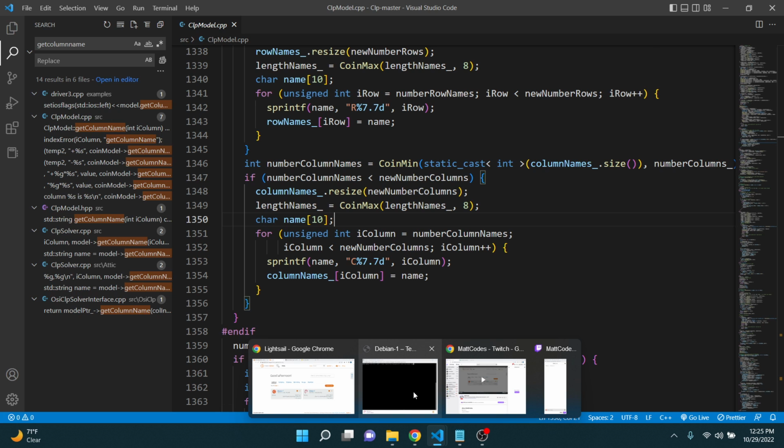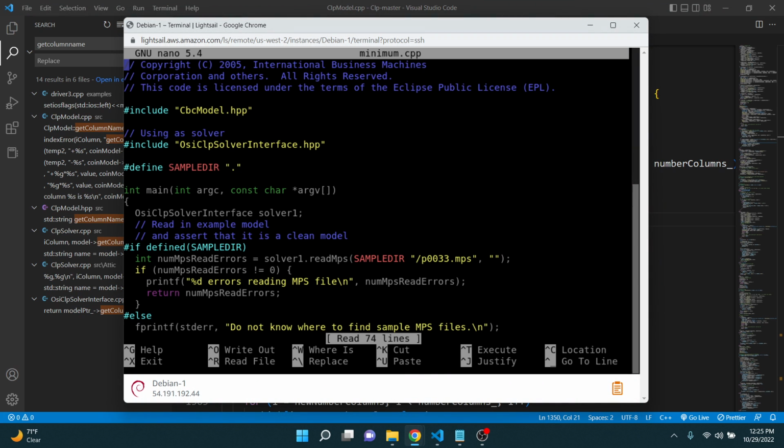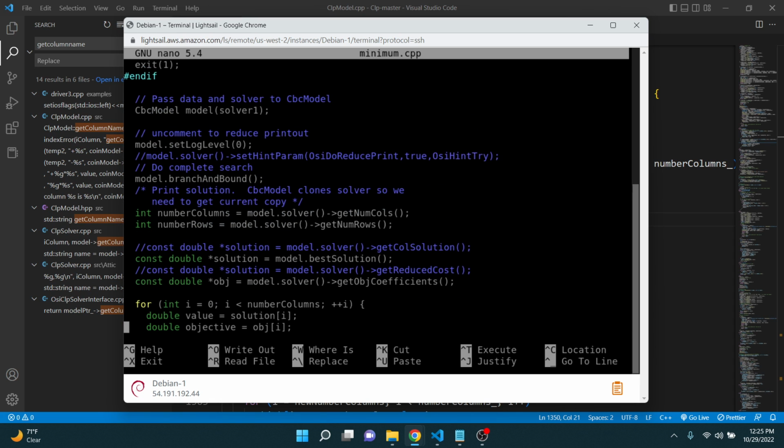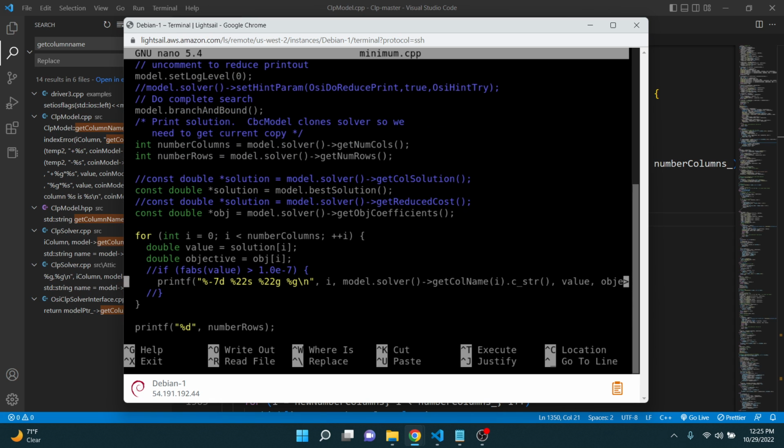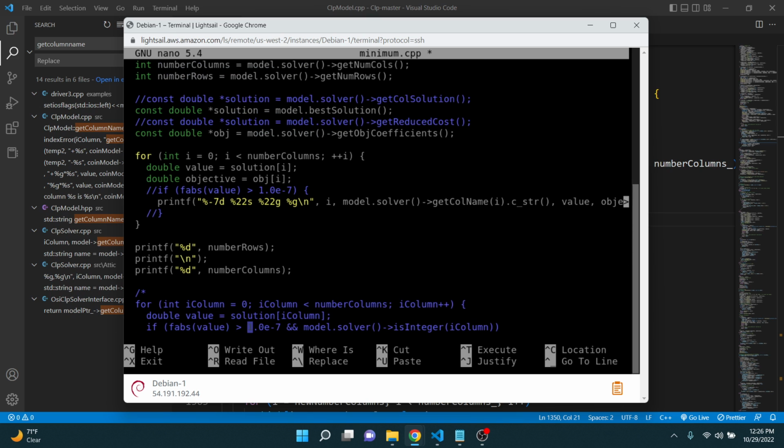And so one thing I wanted to go over is an issue I was having before, and that was it was printing too many columns. What I did was I didn't realize I had, instead of i is less than number of columns, I just had number of columns. So it was like an infinite loop because there was no actual condition, and this was always true. So that's the issue I was having before. So I fixed that. And what we got from that,